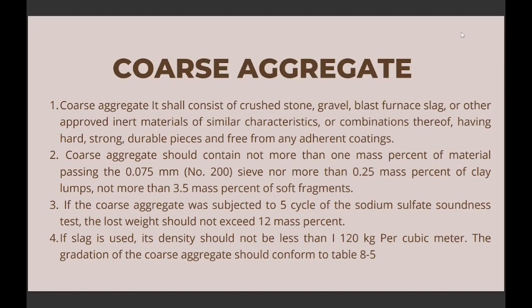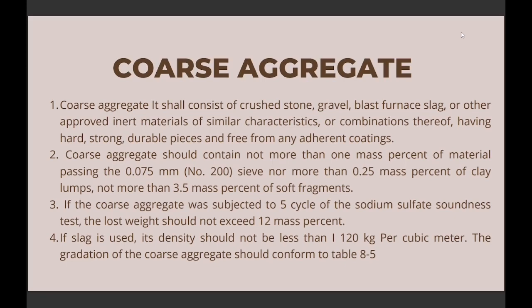Coarse aggregate. Coarse aggregate shall consist of crushed stones, gravel, blast furnace slag, or other approved inert materials of similar characteristics or combination thereof having hard, strong, and durable pieces and free from any adherent coatings. Number two, coarse aggregate should contain not more than 1 mass percent of material passing the 0.075 millimeter, number 200 sieve, nor more than 0.25 mass percent of clay lumps and not more than 3.5 mass